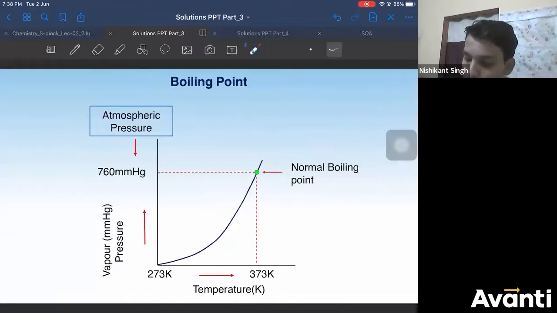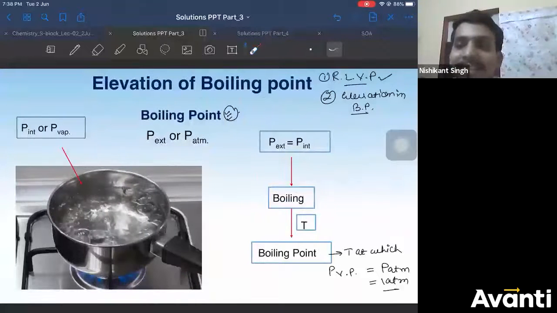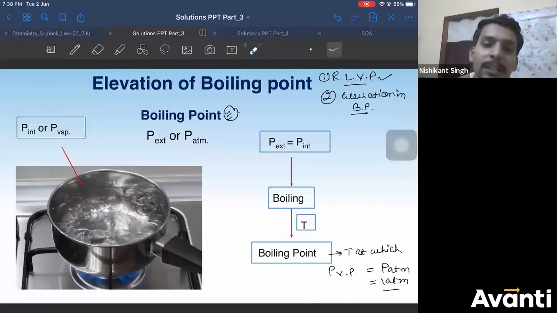As you increase temperature, obviously, Arey Sakshi beta, I repeated the same statement 3 times. What is your doubt, Sakshi? Tell me that. I'll repeat that only. Because if I have to repeat, I'll repeat the same sentence. Then again, there is no point. What is your doubt? What have you not understood in the definition?